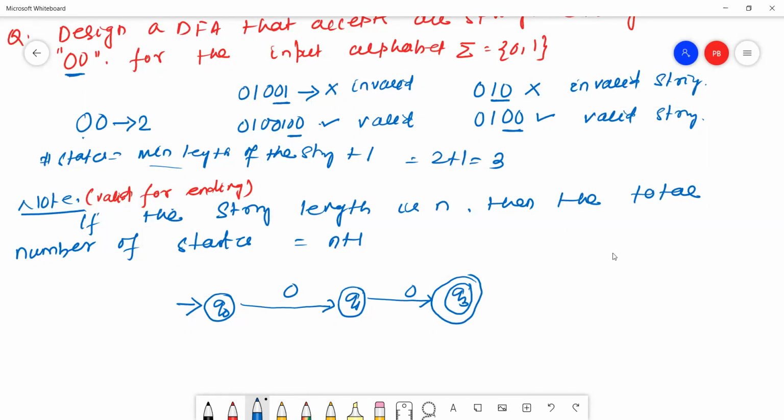Now I'll adjust the transitions. The input alphabet here is 0 and 1. Q0 already reads 0. The remaining alphabet is 1.